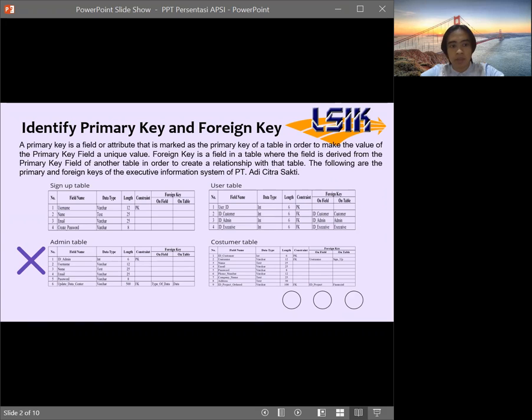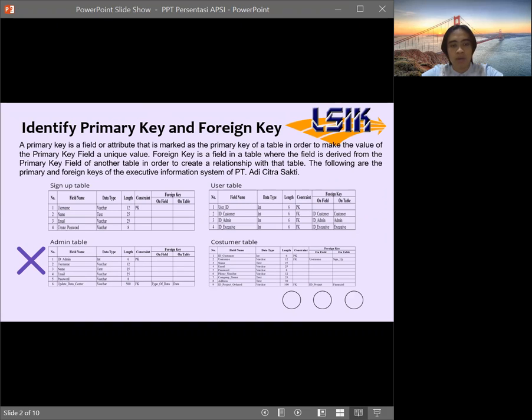Next is customer table. The customer table contains a customer ID of 6 characters as primary key with an integer data type, a customer username of 12 characters as a foreign key with a variable character data type, a customer name of 25 characters with a text data type, a customer email of 25 characters with the varchar data type, a customer password 8 characters long with the varchar data type, a 25 characters long customer phone number with varchar data type,